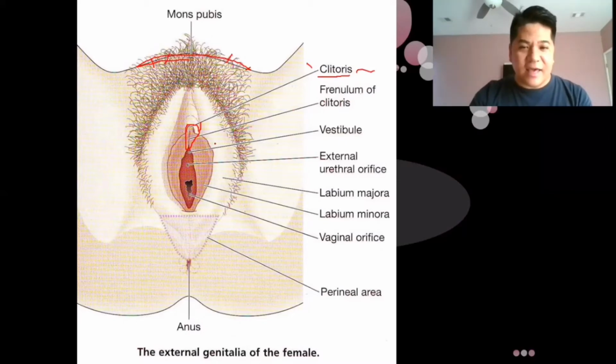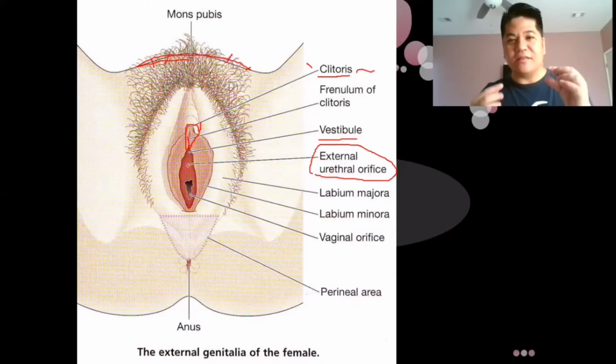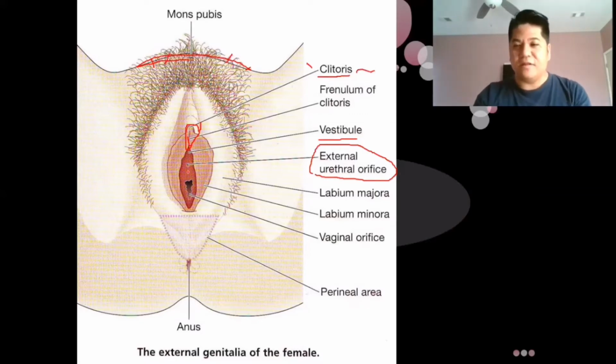And then it has the head, the frenulum of the clitoris. So that's it. This also has the vestibule on the upper part. And then we also have the external urethral orifice. That's where the urine comes out, or the place we go to during catheterization. So you have to be careful. That's not the vaginal opening, but instead you have to put the head of your catheter to the external urethral